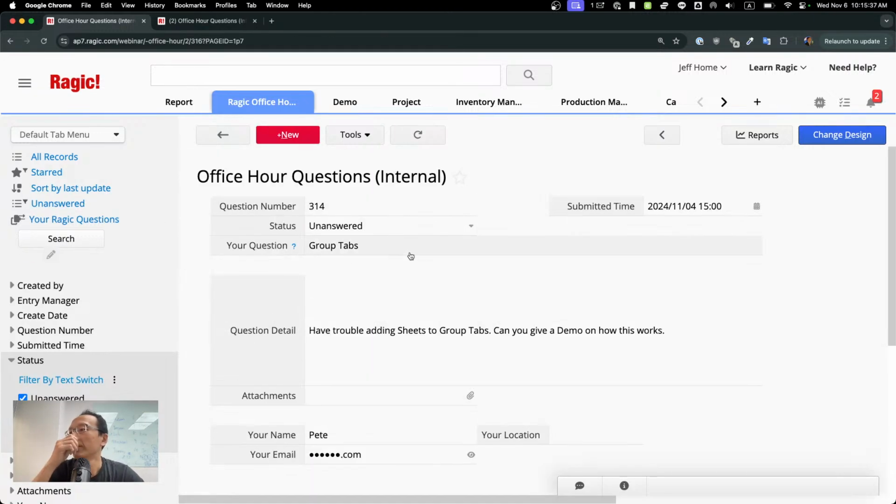Next question. Group tabs. Have trouble adding sheets to group tabs. Can you give a demo on how this works? Sure. Okay, by the tab groups, and we're referring to